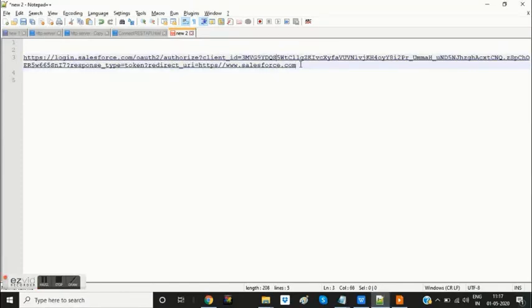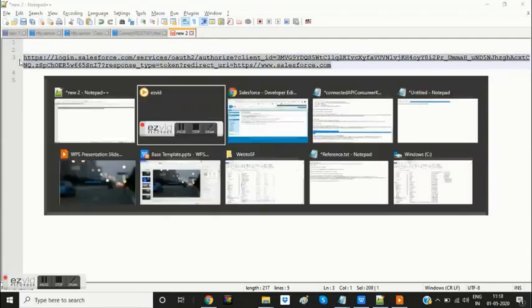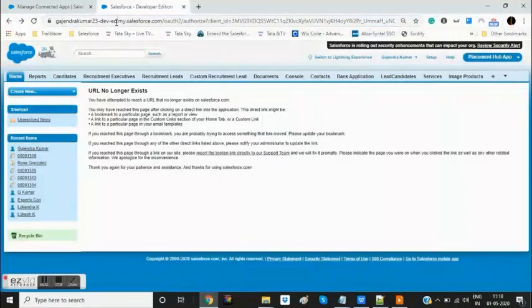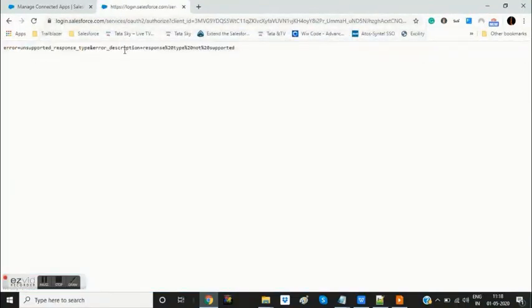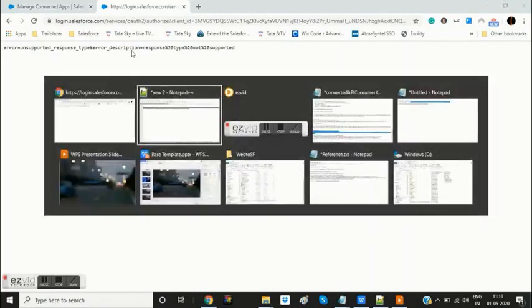Alright, so it has to be services/oauth2. Let me open this once again. Now I get unsupported response type not supported.